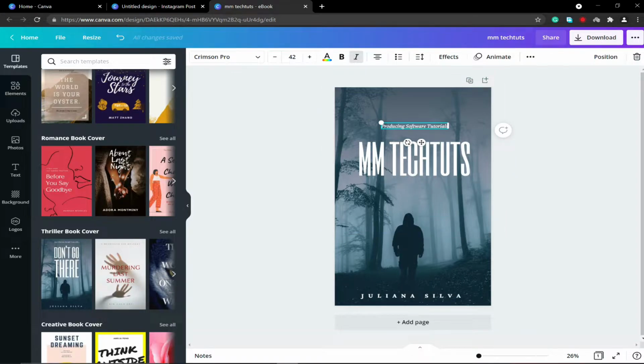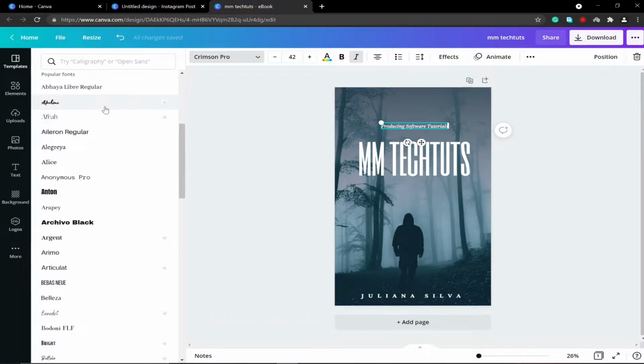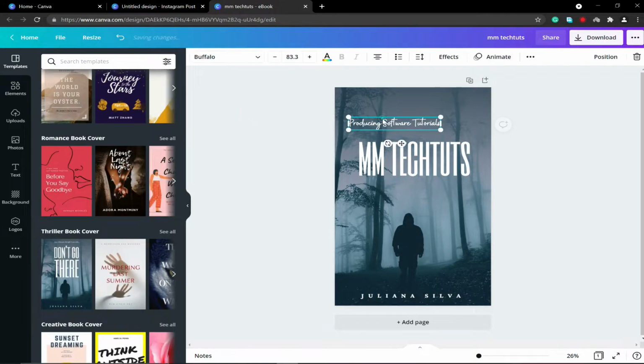Now, if you do not like the font that they have given you, you can just select all the given fonts. The best part about the premium version of this app is that you will have a lot of fonts which are only for the premium users, so you can go with them. You can play around and see which one matches, which one just looks good to you. And let's say if I'm happy with that, if I want to resize and increase the size of it, I can either do it by clicking on this plus icon, it will keep on doing it, or I can just hold it from one side and extend it like this. And then once I'm happy, I can just click on it again and drag and drop wherever I want, like this,